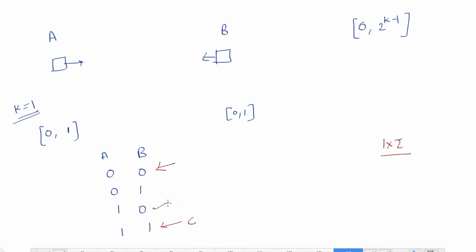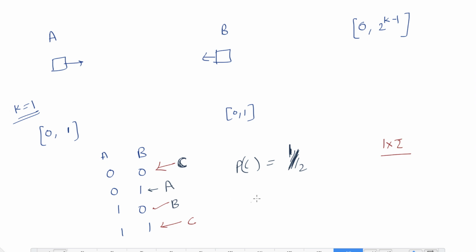So this is collision. This is no collision, where you can say that A is sending the packet first. So let me just say that A is winning here, and here B is winning, and this is collision, this is collision. Now this is the scenario after the first collision. If someone asks you what is the chance that there is again a collision, then you will say the probability of a collision will be just 1 by 2. If you are using this backoff algorithm, then after the first collision, the probability that there will be a collision again is 1 by 2, right?